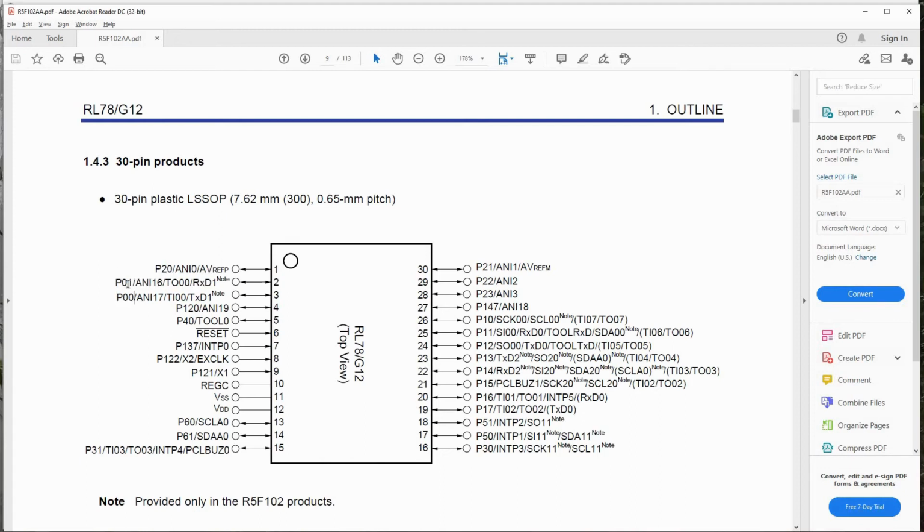That is how you have to read this. Let me select a port which does not have any ADC or UART communication. Okay, let me select port 1. Let's make these two pins output, port 1.0 and port 1.1.